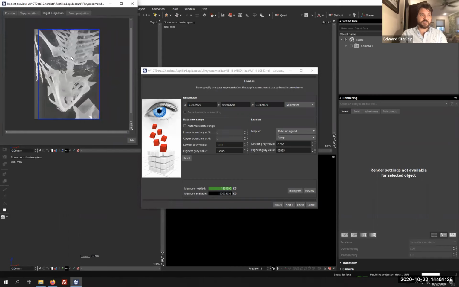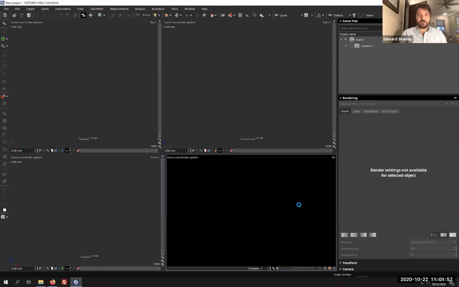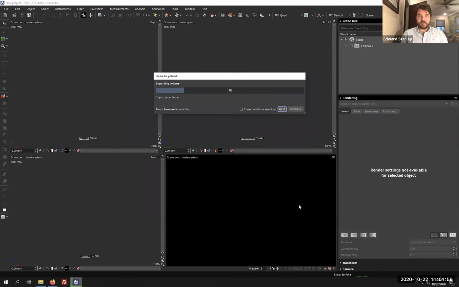We can click on the right projection. That's going to show a different view. If we're interested in just the skull, we can trim it down further. And front projection here, and you see I've actually messed up a little bit, so I can move that out a bit. And now we've got the skull in the field of view. And click Hide and hit Finish, and that's going to import the volume,